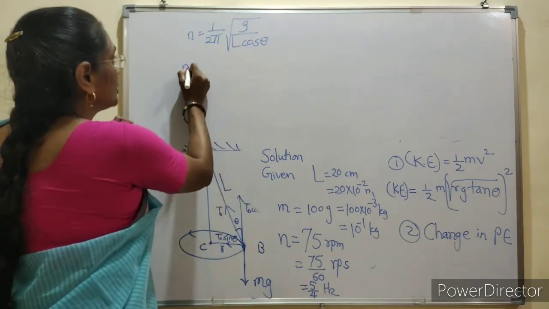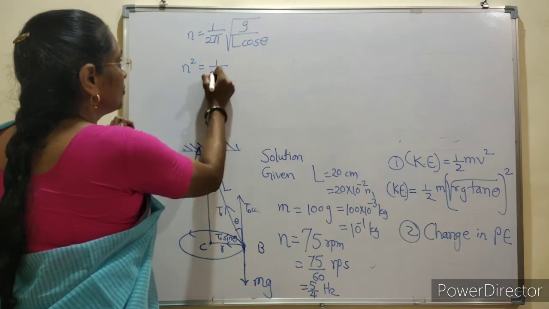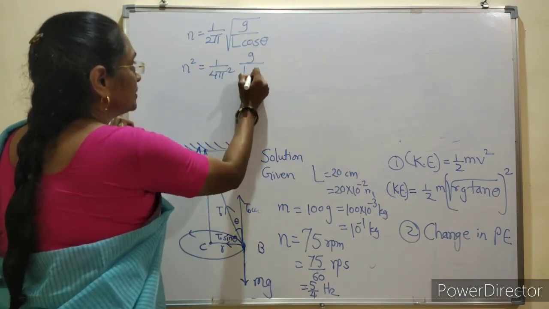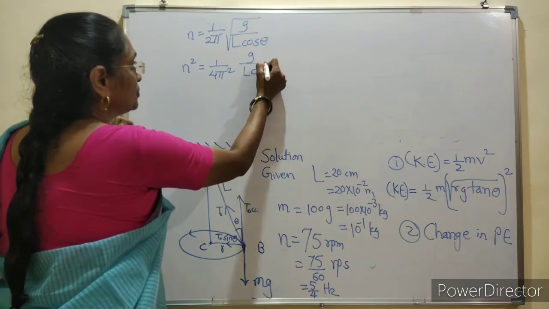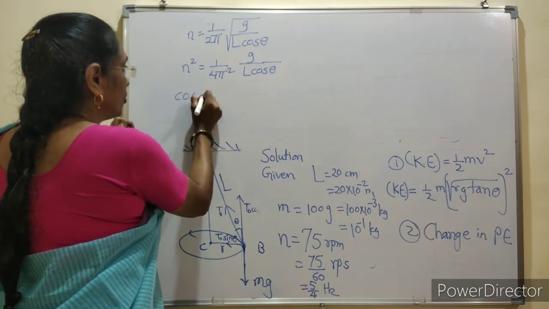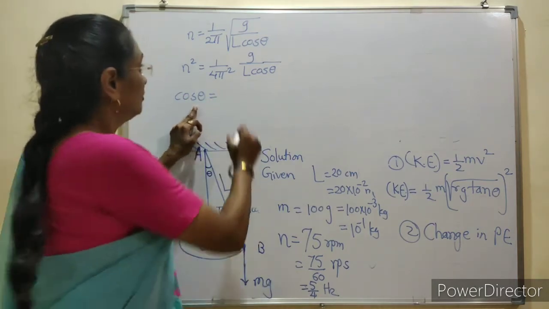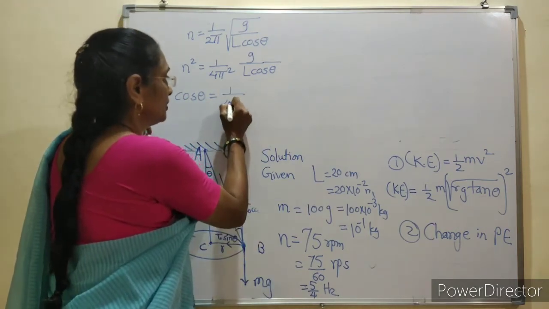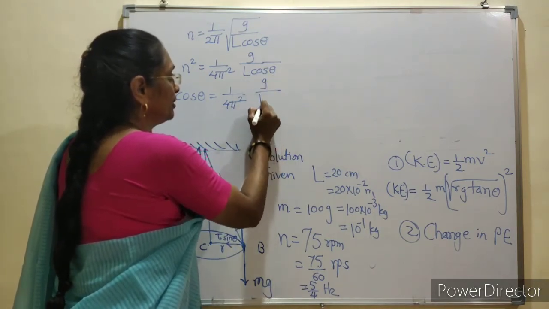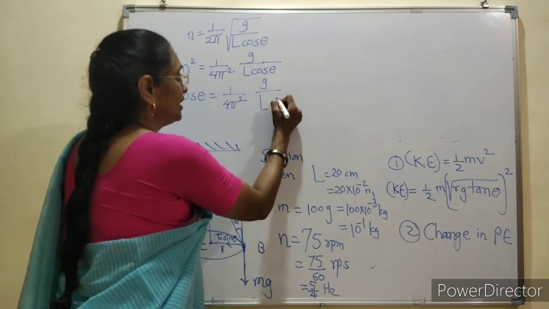So squaring on both sides we get n square is equal to 1 upon 4 pi square, and the square of this square root is g upon L cos theta. Cos theta can be taken on the left hand side. We get 1 upon 4 pi square, g in the numerator, L as it is here,